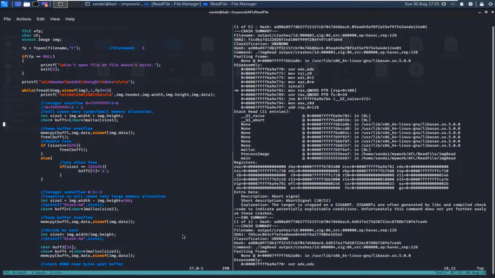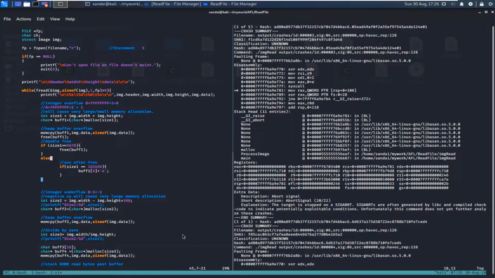So this is one type of vulnerability, and as you can see, I have modified our program to make it a bit harder for AFL to find the crashes now. Previously size 1 was divided by 2, and if it was even, then we were freeing the buffer, which was causing double free.